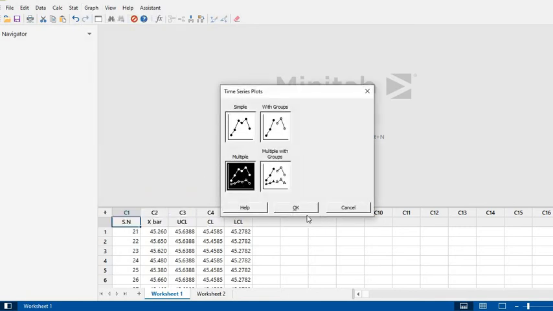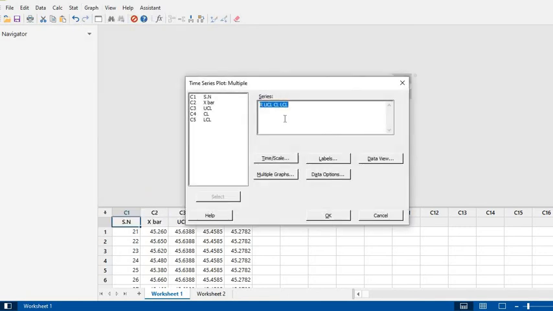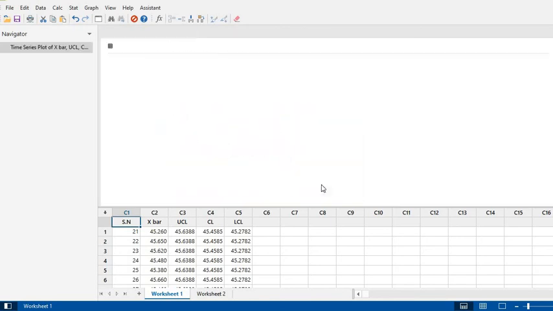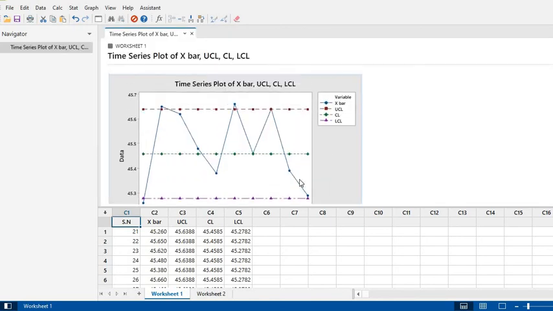We select the Multiple option and select the lines we have to draw: X bar, upper control limit, center line, lower control limit, and simply OK. So we get this curve here.